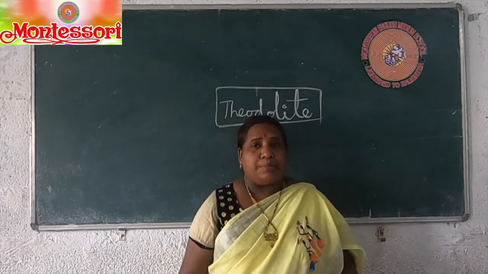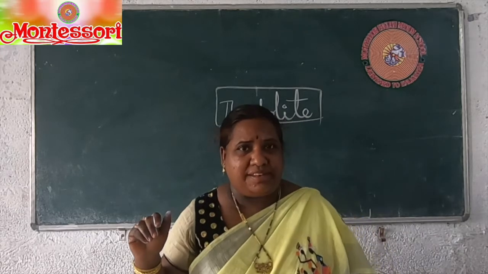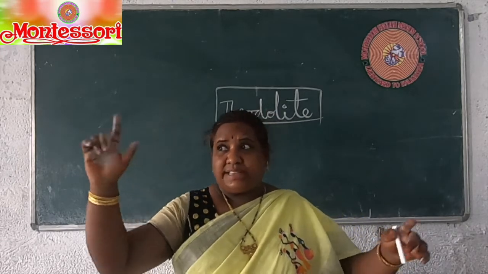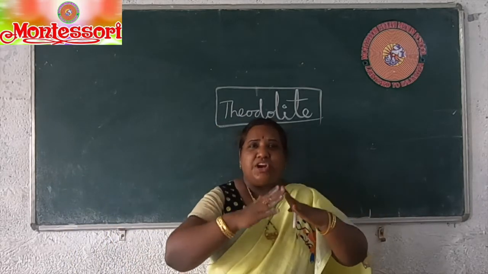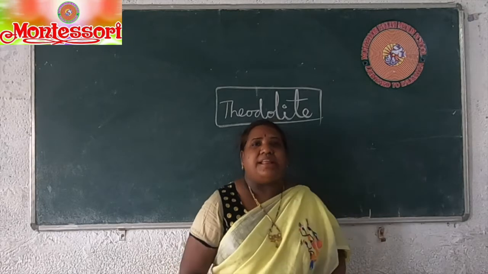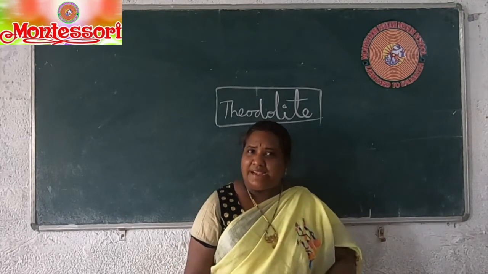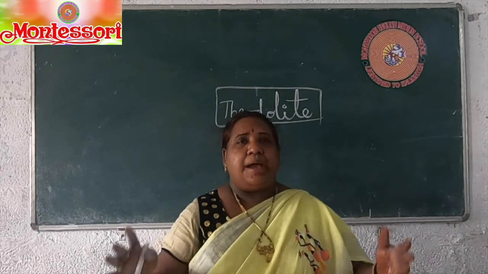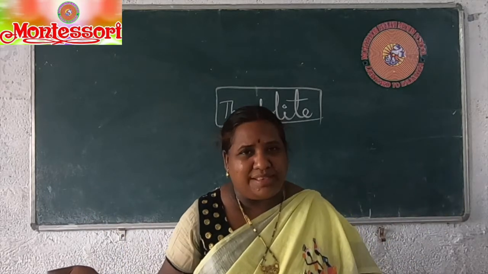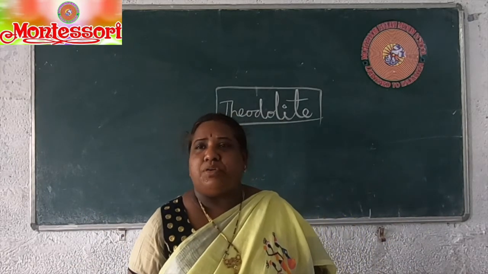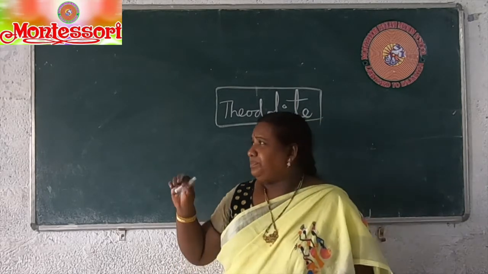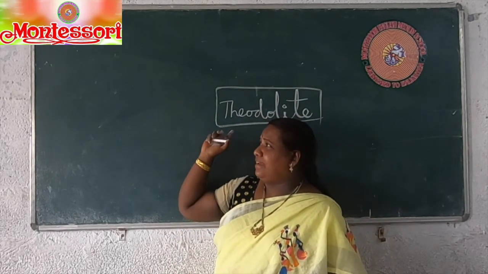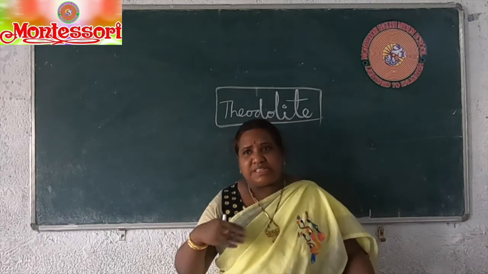Even for finding the height of Mount Everest, they used six places. They built two theodolites to find the height of Mount Everest, and they took the average of the readings from the six places to find the height. This happened in the British period only. So now, basing on these uses, we go to the next part.